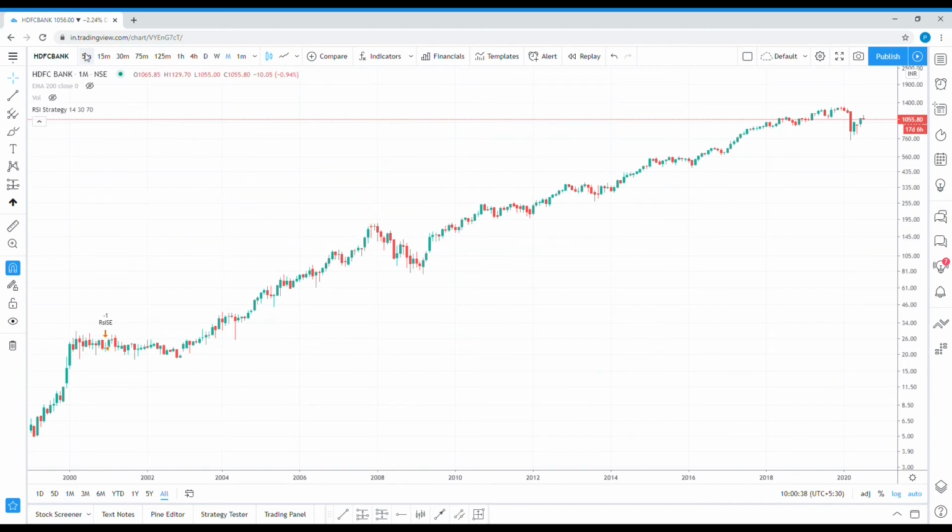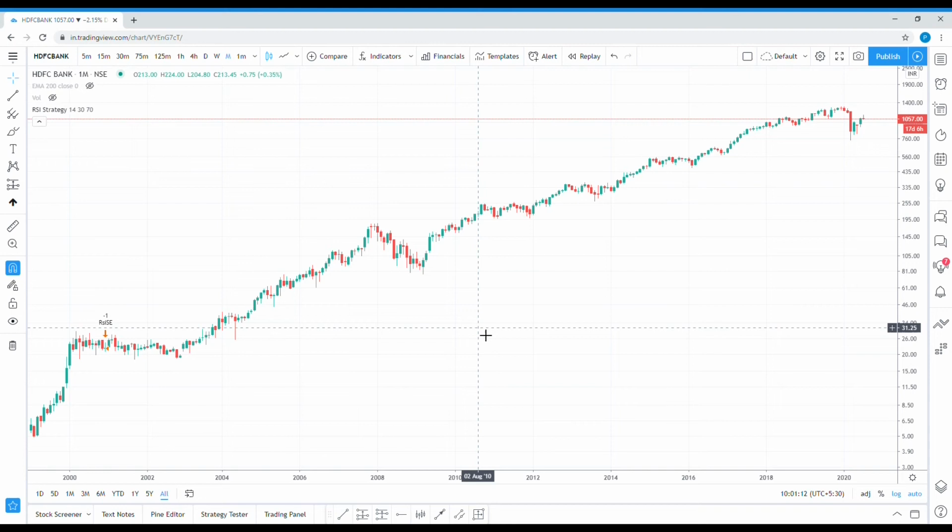So this top section is for making the candle duration, after how many intervals, or after how many minutes or hours you want the new candles to be formed, right? And the bottom section covers the area, or you can say the duration, of the entire candles on the chart.